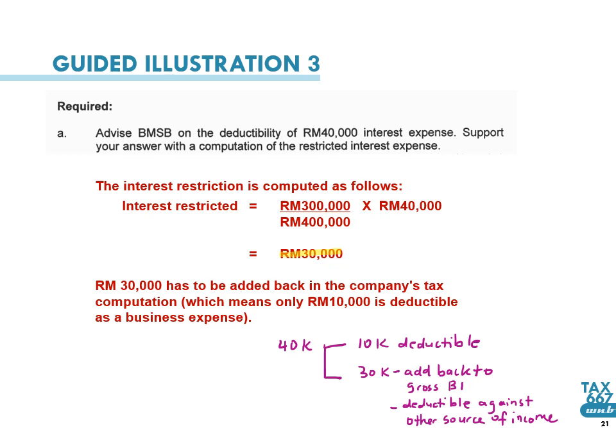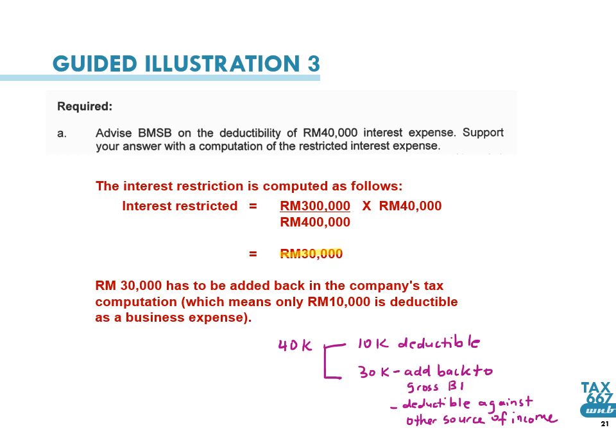So the first part of the question, you have to advise Bumi Minda on the deductibility of 40,000 interest expenses. Okay, kita akan buat pengiraan how much of interest that need to be restricted. Formula dia investment bahagi dengan borrowing. So untuk investment, kalau kita tengok investment in share, kos beli saham TNB 10,000 campur dengan saham telekom 30,000, the cost is 40,000 plus the cost for rental property, terrace house 100,000 and shop house 160,000. So add up together semua sekali cost of investment, you akan dapat sebanyak 300,000